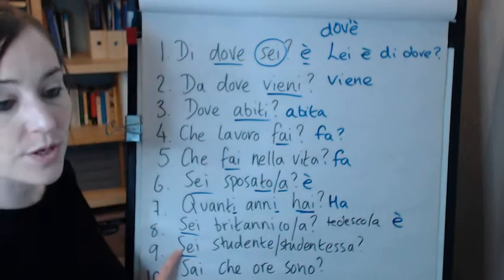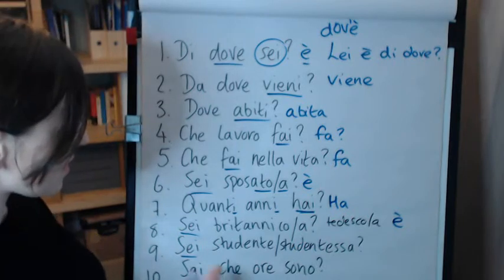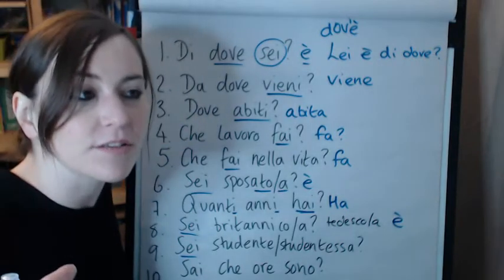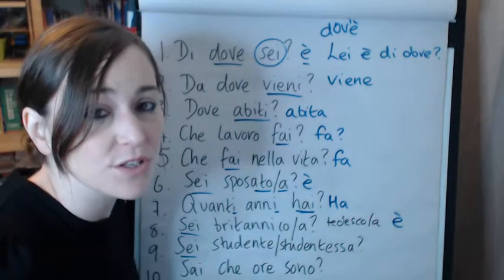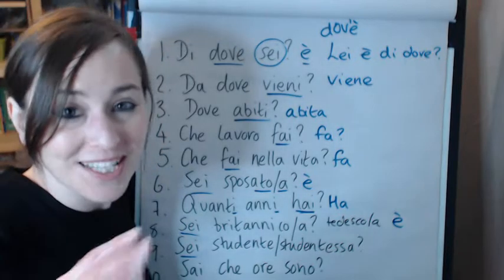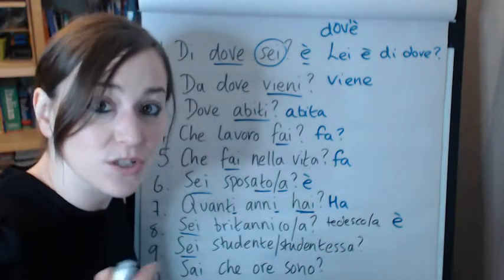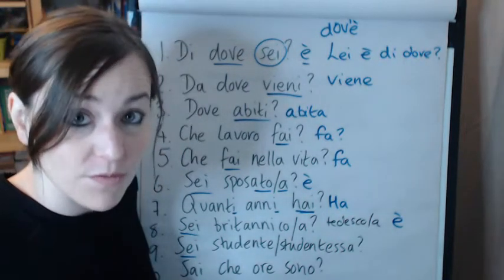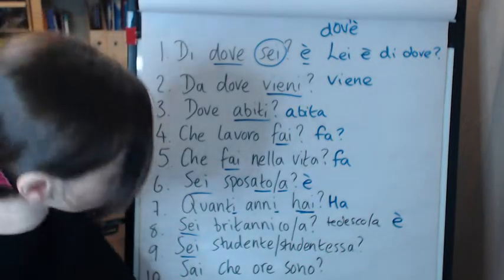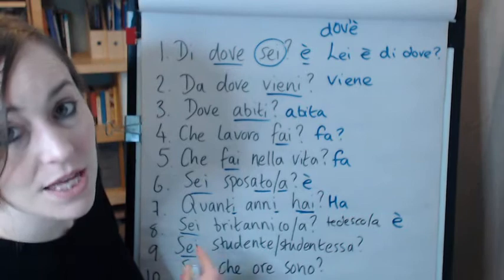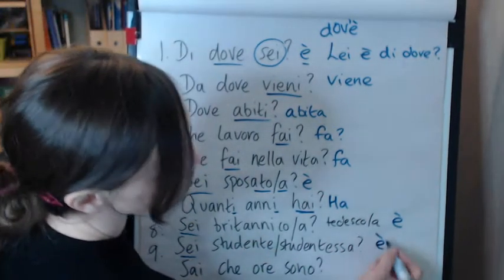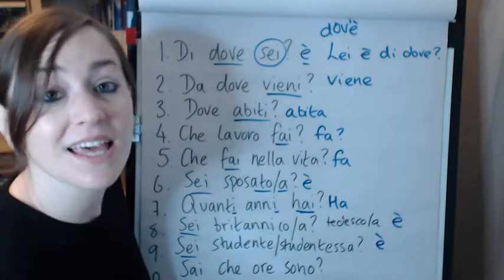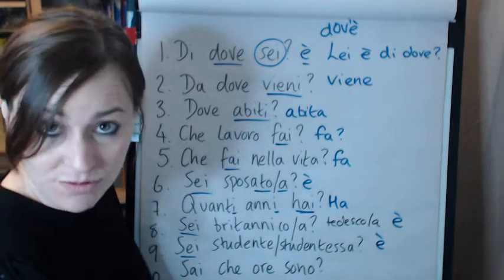Okay, so this one also is in the sei form, so it's from the verb essere. Sei studente. The thing about this is that there is a masculine version of the word student, and then there's a feminine version of the word student, okay? So depending on the gender of the person you're addressing, you change the word accordingly. I know that that's a very topical issue at the moment, so we'll just stay away from that, but that's basically what happens with Italian, okay? So, sei becomes è. Lei è studentessa. Are you a student? That's a female version. Lei è studente. You are a student.